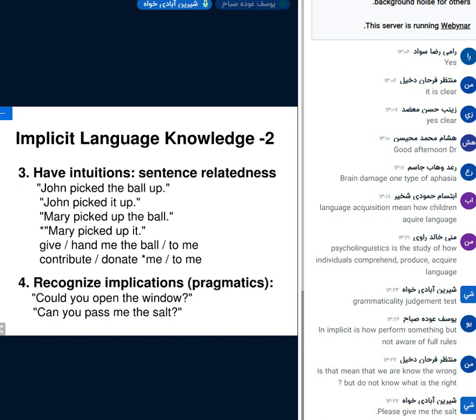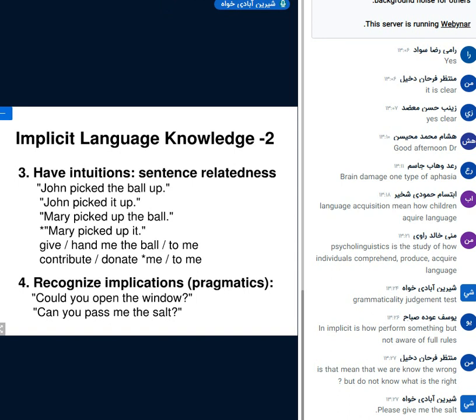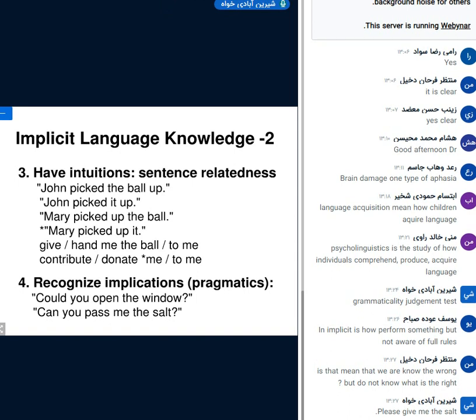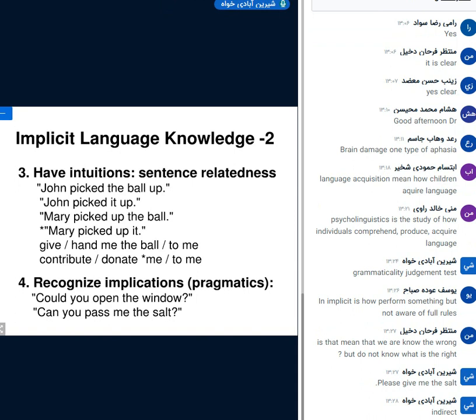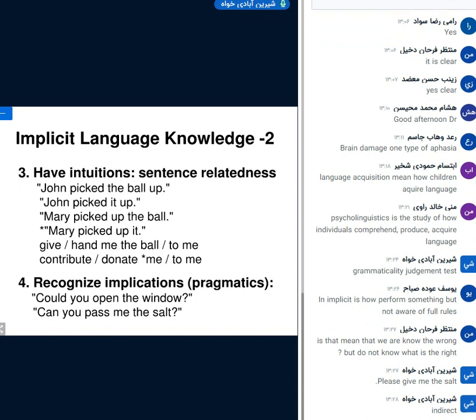Yes, it's a request. You are right. This is a request, and this is a request in indirect form. Because in the direct form, in fact, we are ordering other people to do some actions. We do not use direct form because it is not polite to use direct forms. It's impolite, so we use an indirect question form, an indirect form of ordering.